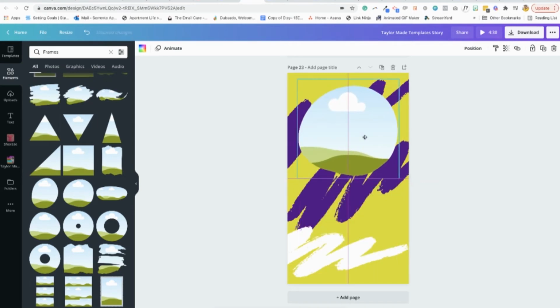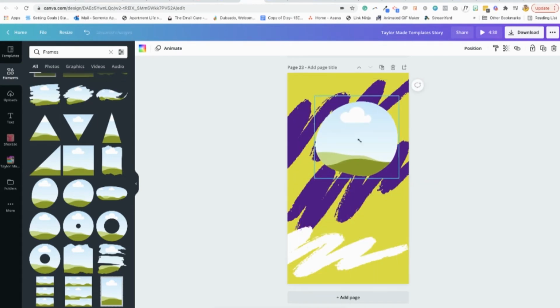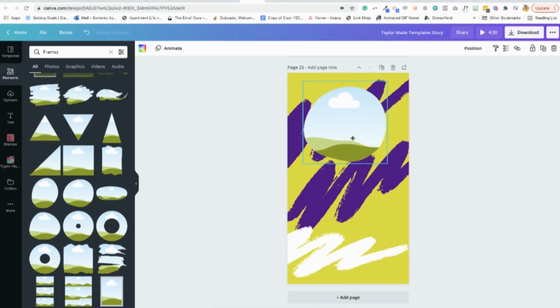Okay, and so I'm going to add this here. And this is what I want to do. I want to see if I can maybe create a Canva animation in here and then upload it on my phone for my Reels. How about that? What do y'all think about that? I think that'll be cool to create some animated graphics, something that's different, something that really stands out to go on your Reel